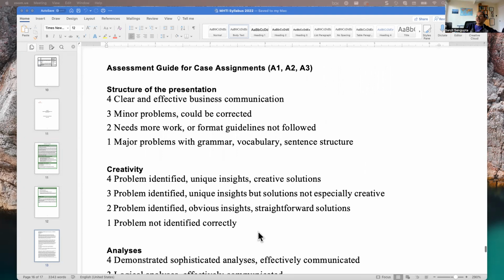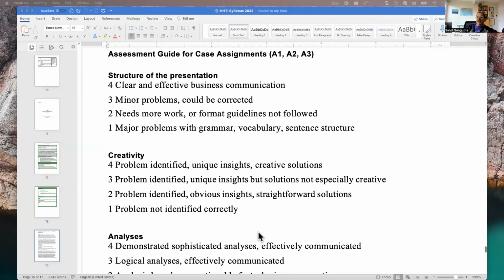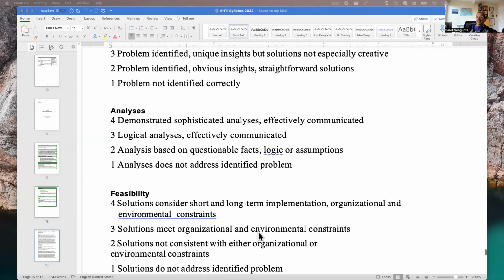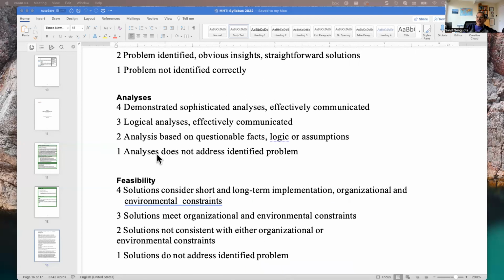Okay, then I give you the assessment guide or the rubric. How will your papers and presentations be judged? There will be 4 criteria: structure of the presentation, creativity, analysis, and feasibility. So each of these has a scale from 1 to 4. Maximum points is 16. And it's in this analysis, where I've said sophisticated analysis that includes your ability to bring